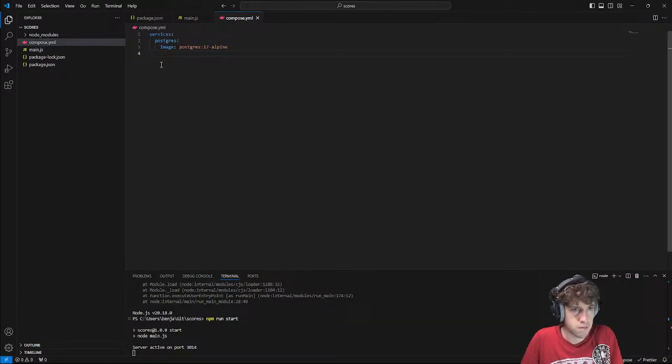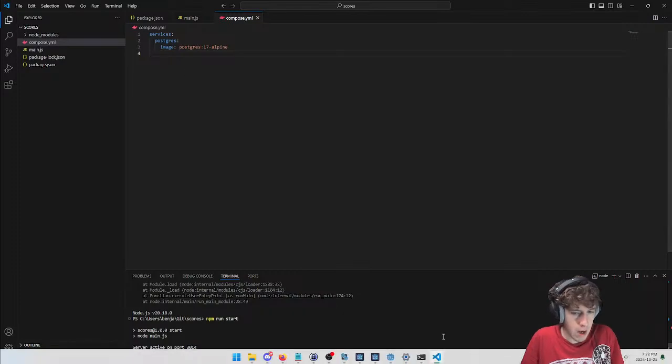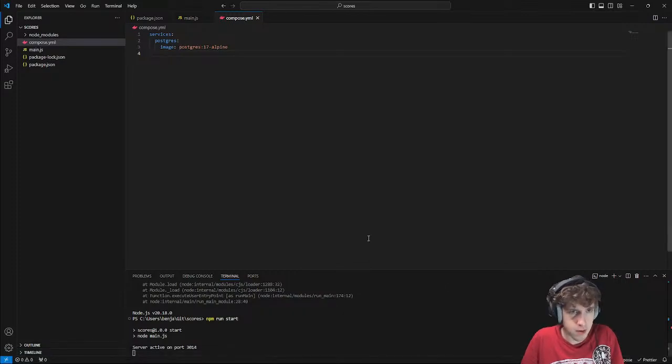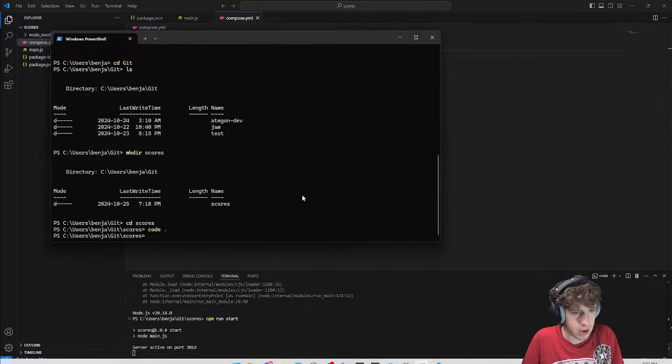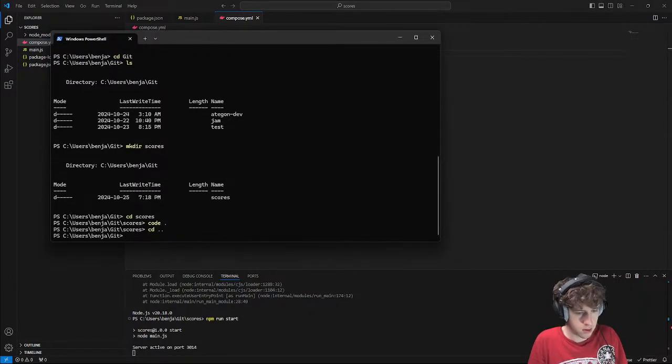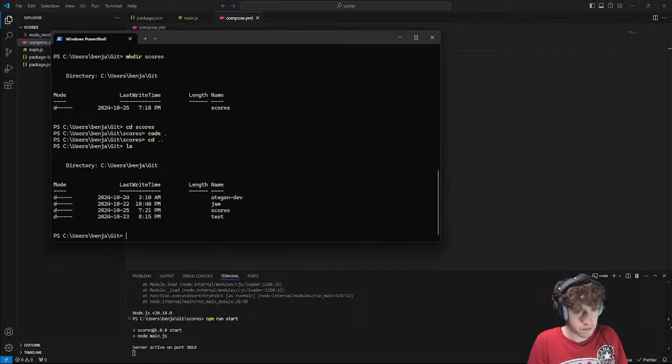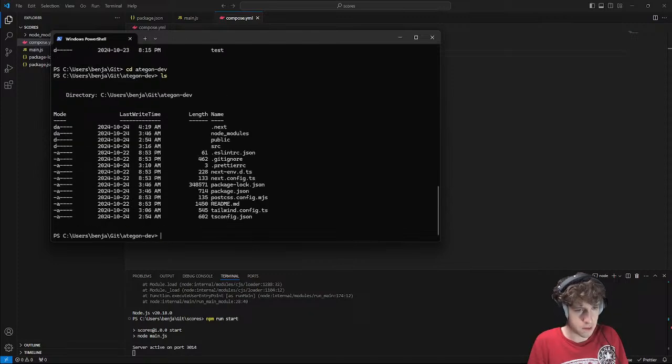I'm going to copy what I did. Oh, I don't have it open. I can navigate to it real quick. Yeah, it's in Adagon dev. Cat compose. Oh, do I not have a compose file in here? Oh, right, because I have one for the Jam website, which isn't this.